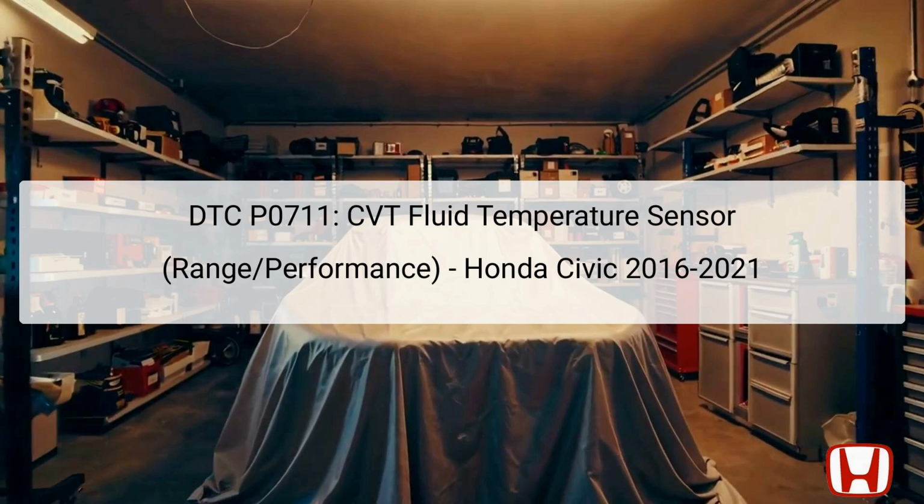When the fluid temperature is low, the sensor has higher resistance, reflecting in a higher voltage signal to the TCM. Conversely, as the fluid warms, the resistance drops and the TCM sees a lower voltage. If the sensor fails to provide a changing signal, the TCM registers a malfunction and triggers the DTC P0711. Given its importance, the effective functioning of this sensor is paramount for optimal vehicle performance, particularly in regulating power transmission